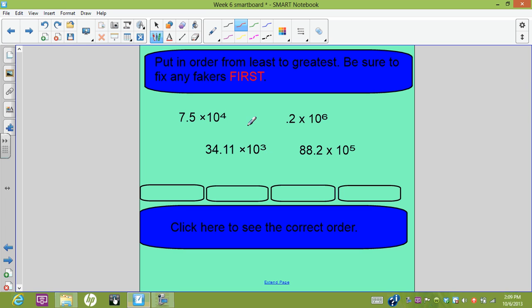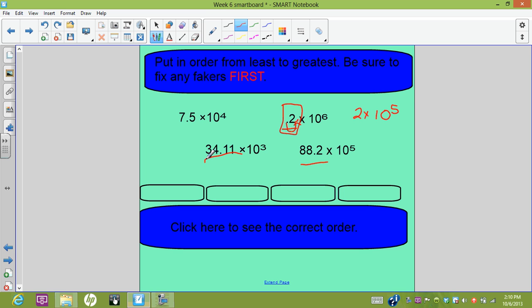Once again, all of our powers of 10 are different, but we have a problem. We have some fakers here. If we start with this first one, the reason this is a faker is because the number 0.2 is not between 1 and 10. So we're going to have to move this decimal point over. Now we're moving it to the right to get the number 2. And our power of 10 is going to go down 1 because we moved our decimal place to the right